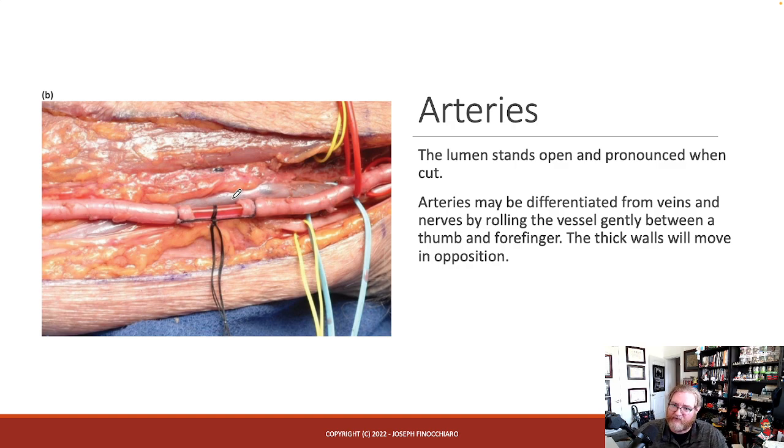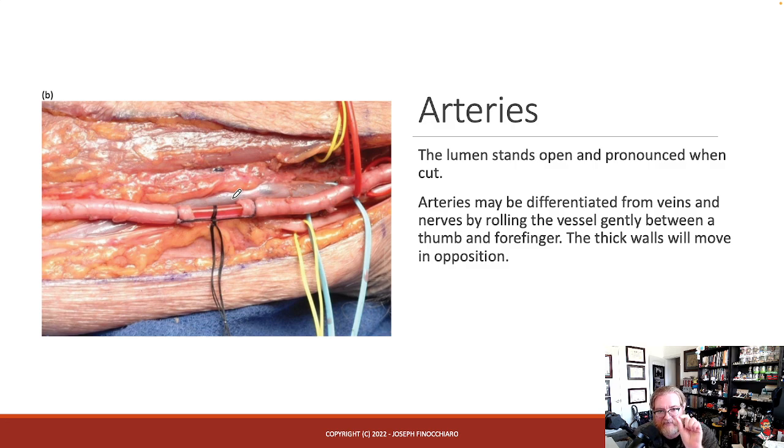You cut a nerve, it frays, there's no hole. You cut an artery, it stands wide open. You cut a vein, stuff starts flowing out, and then it collapses, and it's very hard to maintain seeing that hole. Arteries may be differentiated from veins and nerves by gently rolling the vessel between the thumb and forefinger,